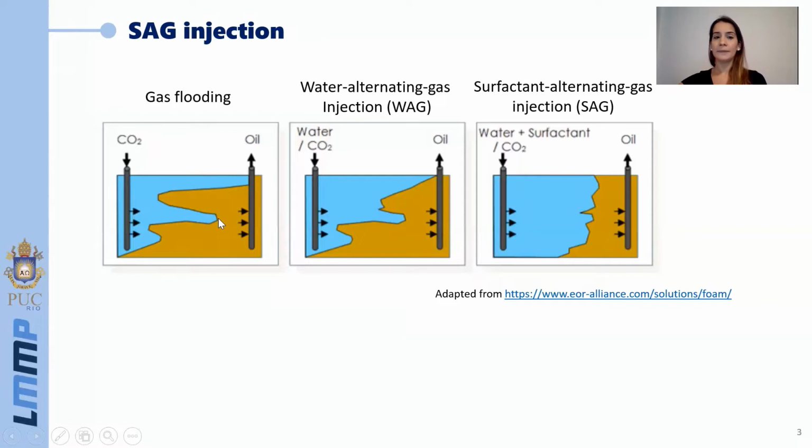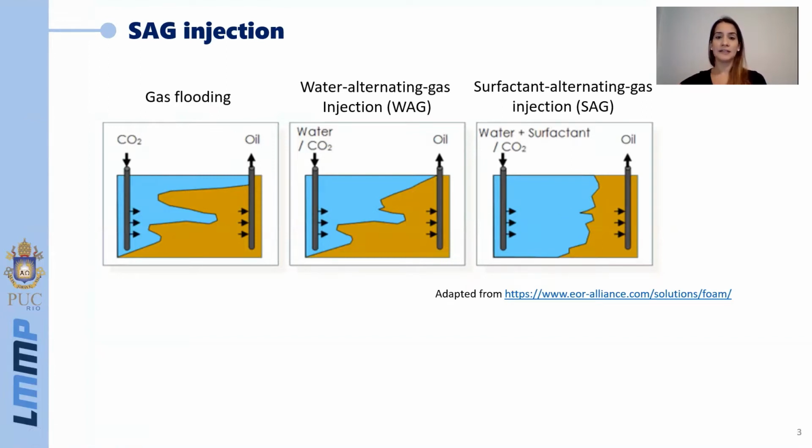So the idea here is to reduce the mobility of the displacing phase. And we can do that by alternating water and gas. We have a better sweep, but we still have oil remaining in the reservoir. In the third case, in the surfactant alternating gas injection, first we inject a slug of surfactant solution, then we inject gas. In this case, foam is formed inside the reservoir, and foams are better injection fluids than aqueous solutions